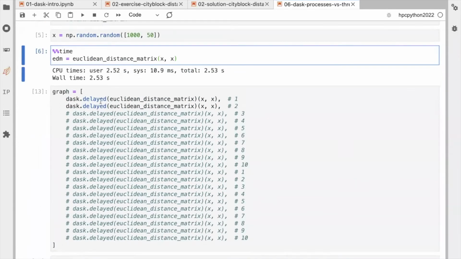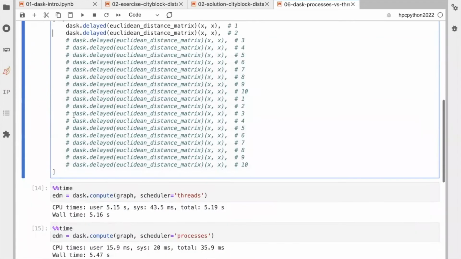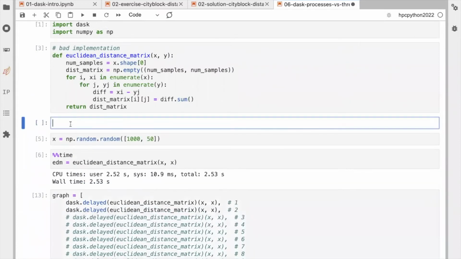What I was saying before, at the beginning, about the sizes of the graphs. If we do this graph and we make it with 2,000, 5,000, a million tasks like this one, this is going to take a really long time, in creating the graph probably much more than the execution. In that case, if your graph gets too large, maybe it's a good idea to create a third function